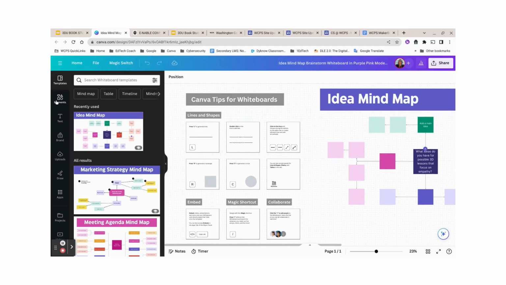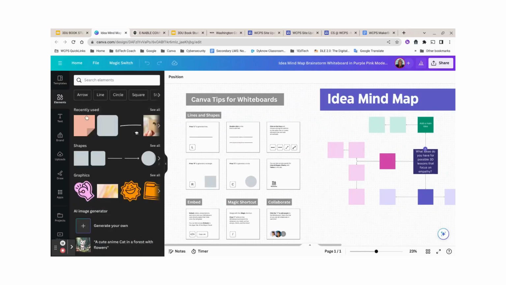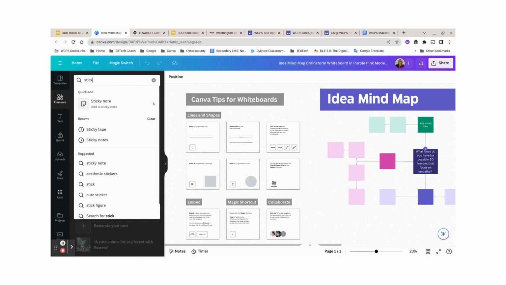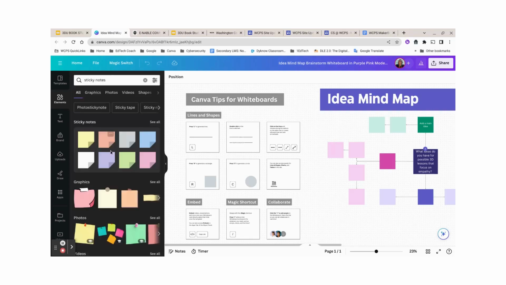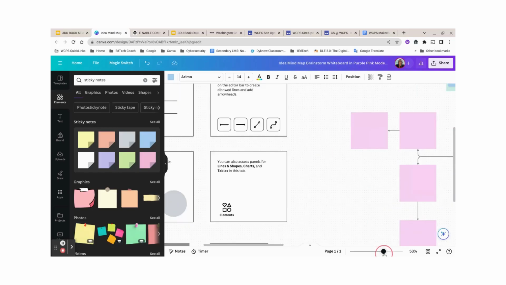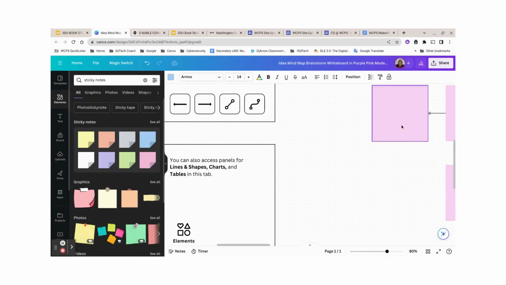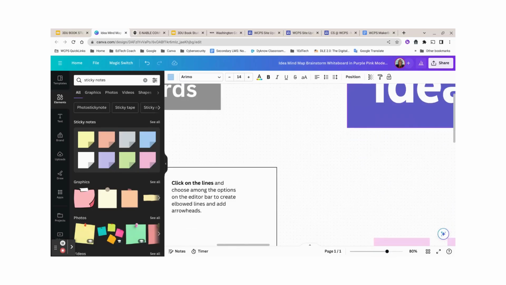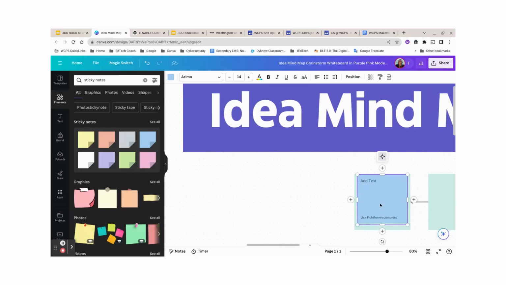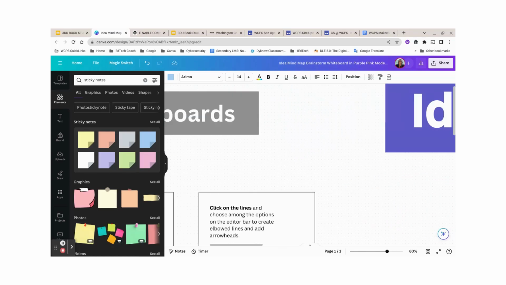When you go up here to elements, you should be able to click on the sticky notes by searching for sticky notes. They come up here. These are special because you can click on it and put it where the actual box is up here. When you zoom in, you're going to notice that on that sticky note, you'll have the actual name of the person and your text. That will tell me who wrote it, which will be very helpful to let me know that you did